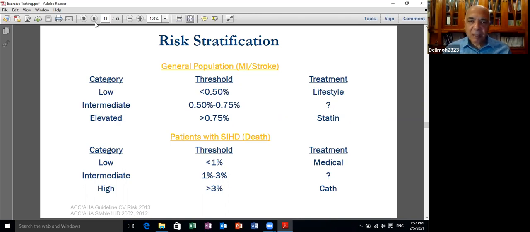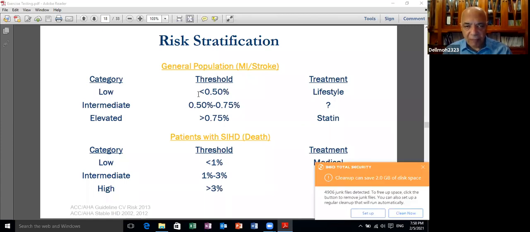If we are dealing with a general population, you don't need an exercise test. We don't do an exercise test for an asymptomatic individual among the general population. You do the pooled cohort equation, and as you remember from the lecture on the use of statin and cholesterol, they are divided into low, intermediate, and high risk groups. And the low, intermediate, and high risk groups are based on 5%